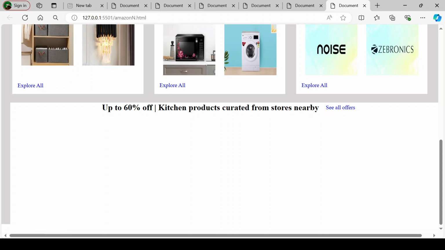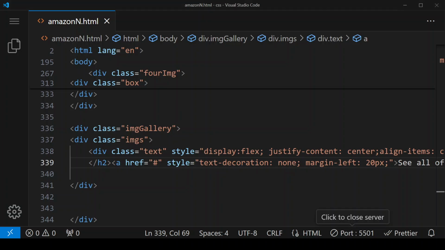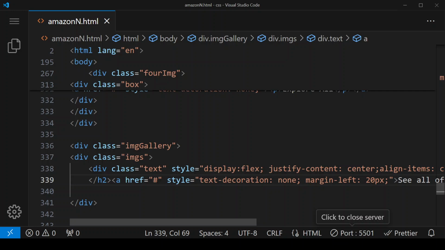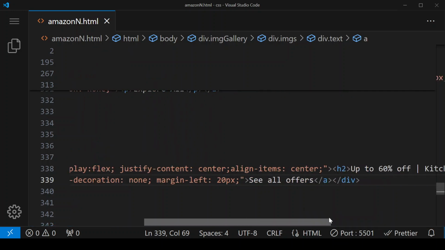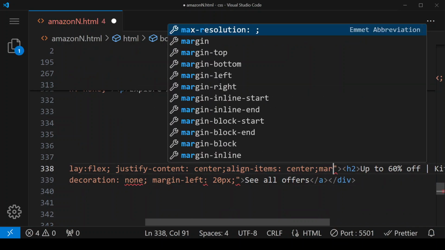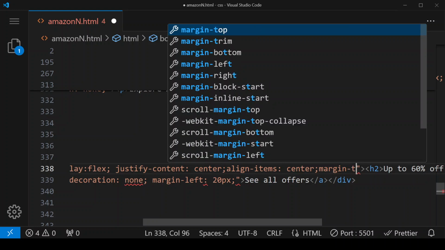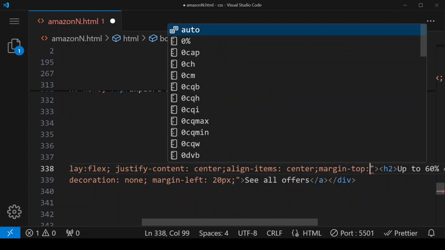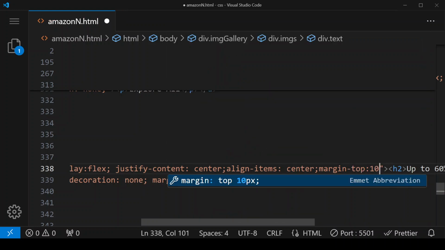Now we need to give some upper margin, so here we are giving margin top to 10 pixel.